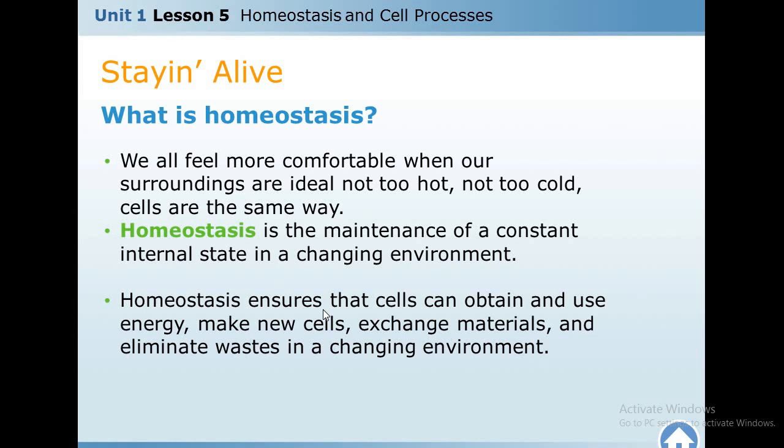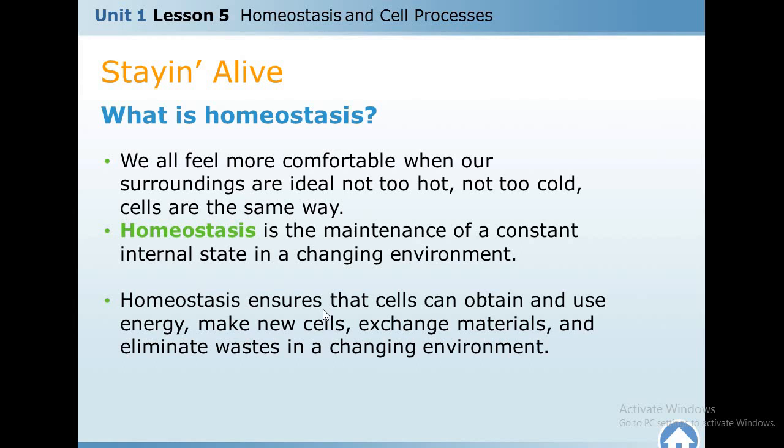For the organism, or for you, even you, we all feel comfortable when we are surrounded with everything ideal, or when we are surrounded with the needed material. When we need food, we are surrounded by the food. When we need a specific temperature, we are surrounded by a specific temperature. So we are perfect and comfortable when we are surrounded with the ideal conditions that we have. The cells are the same. They need to be surrounded with all the materials they need, with a certain temperature, they need to be in a stable state that's called homeostasis.